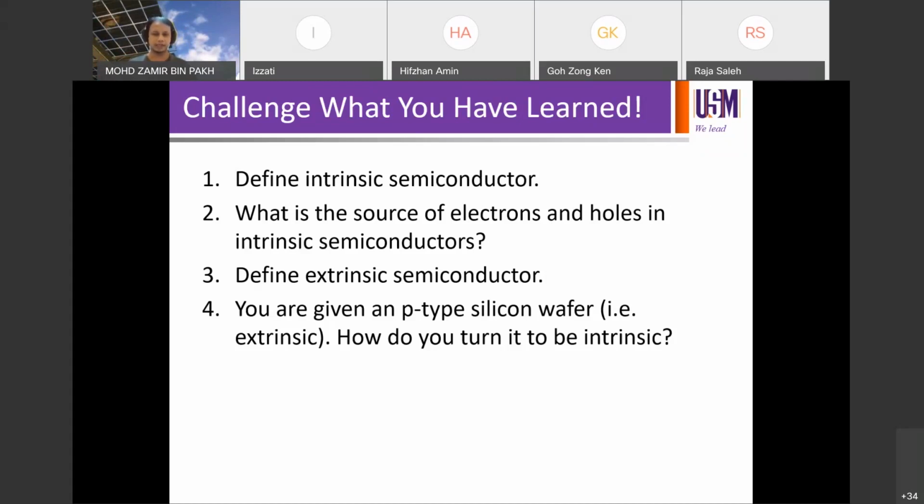How about the second answer? Just now, Dayang got it right. Dope, but how? Dope is very broad. So how do you explain dope? How do you get intrinsic from doping? Because you already have your p-type dopant in the lattice, you dope with a group 15 element to compensate, right? We call it a compensated semiconductor. So you need to introduce opposite dopant atoms into the lattice. Doping is right, but